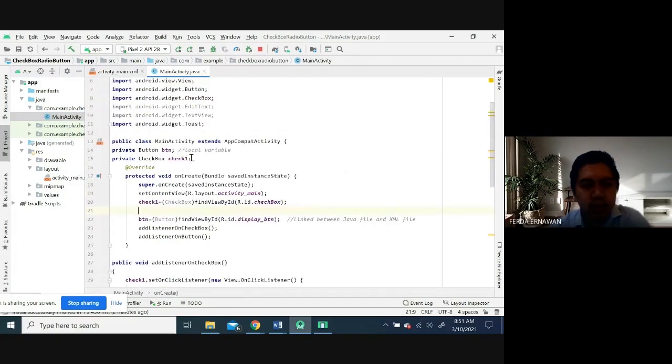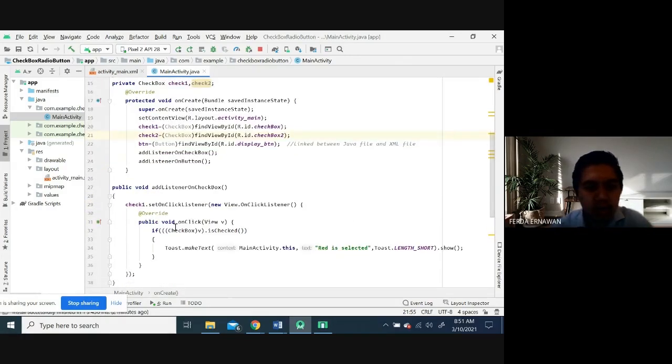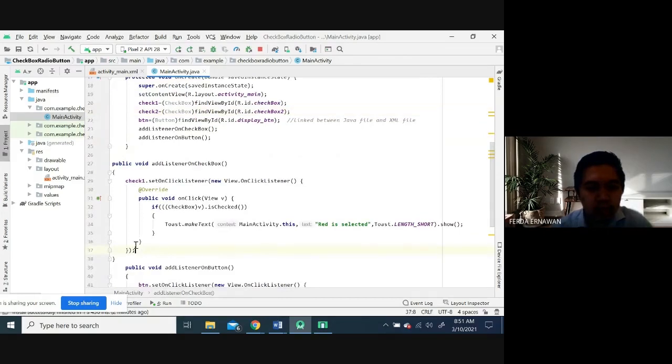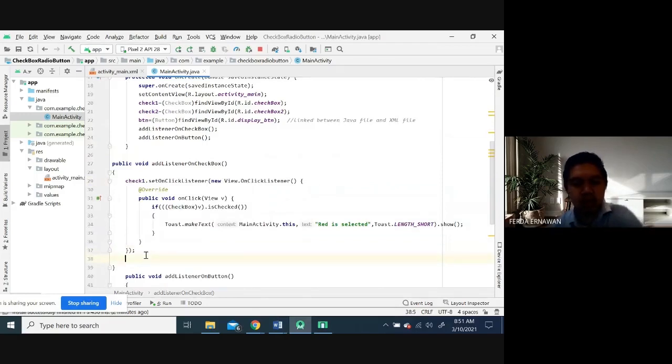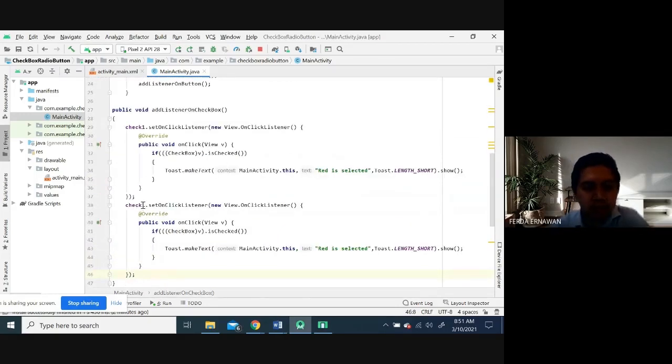So I can just add. Okay, if I want to add the click listener, I just copy this one because I call this one check 1 and this is check 2.